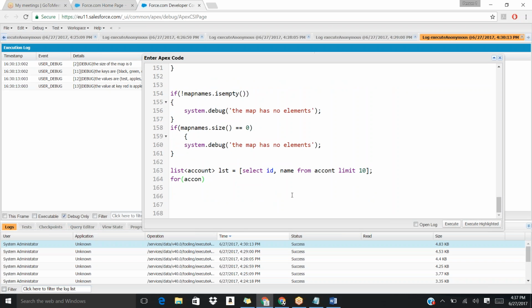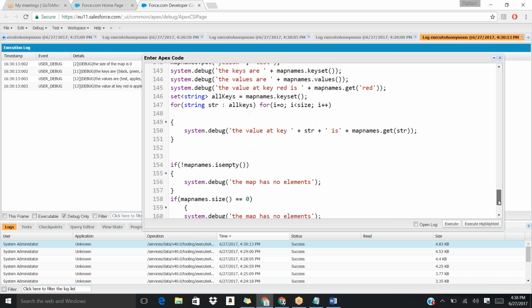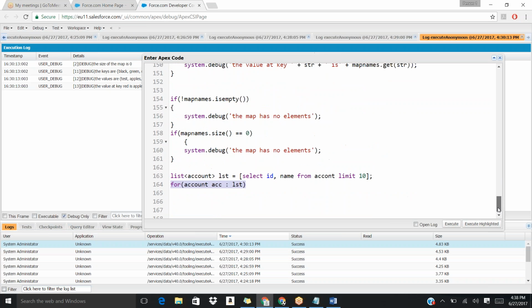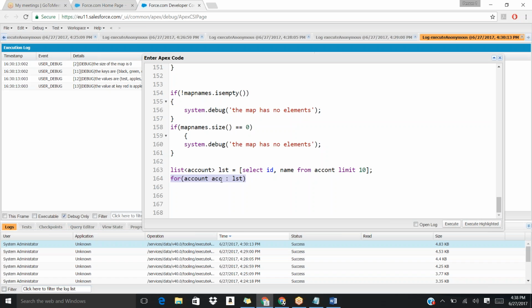For each and every account ACC. Now where are my account values? In list. For each and every account present in the list. So I will read this statement like this. It may be difficult to read the statement here because that is not a real-time example, forget about it. But in real time, for each and every account, I am defining a variable ACC for each and every account present in the list LST. What I want to do, print the name,